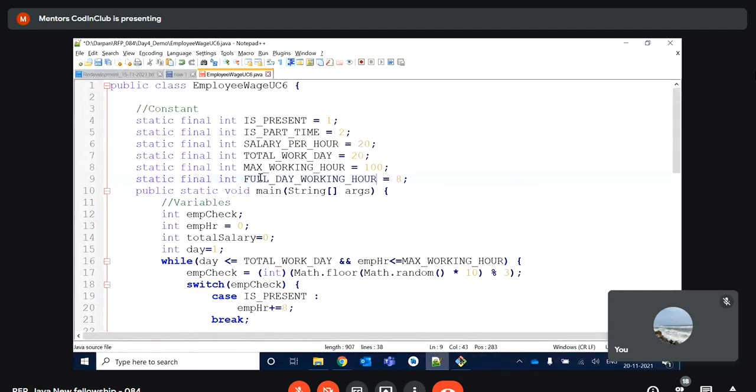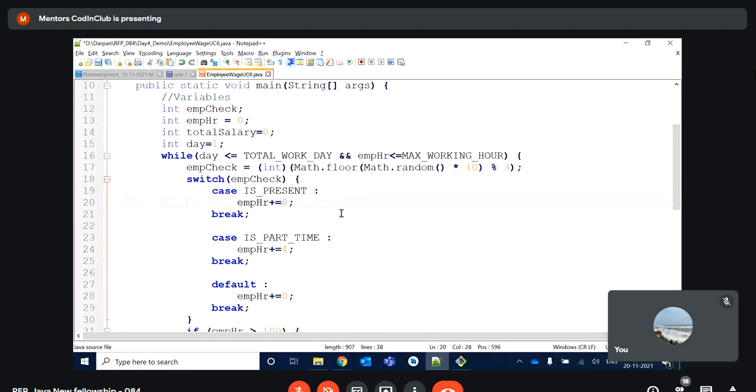One constant I am assigning here, and if the employee is present, that constant I will add. That full day working hour will be added, and if he is coming as part time, then I will add full day working hour divided by 2, which is 4.